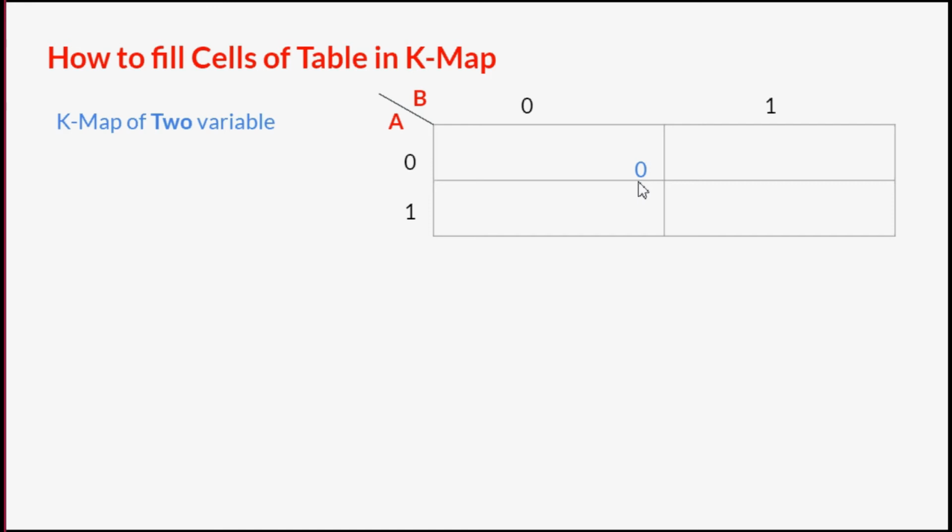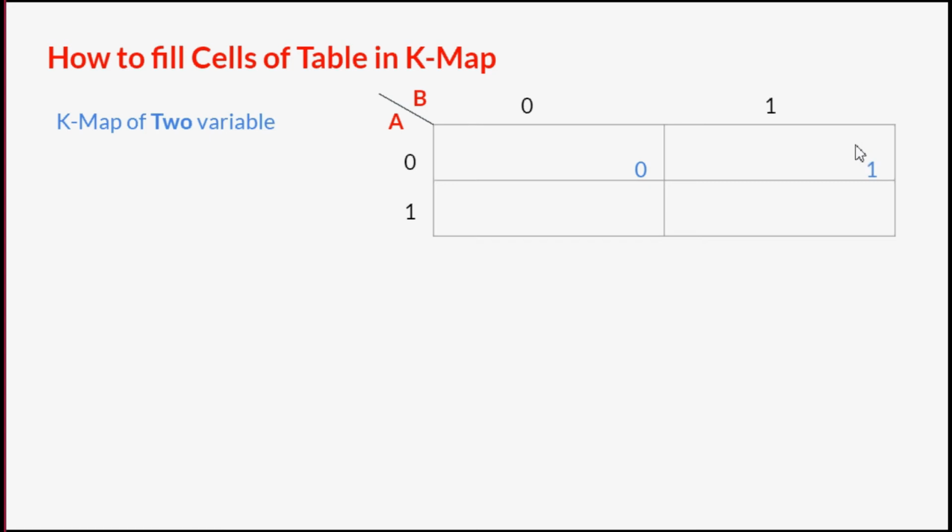Okay, because if we are going to do so much work, then probably Boolean algebra is going to be easy as compared to your K-maps. So we are saying that K-maps are very easy. So why? Because of these things, right? Now when your A variable is 0 and B is 1, that means the combination is 0, 1. If I convert this binary number into a decimal number, the result comes out to be 1.